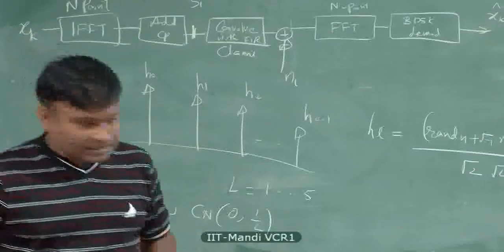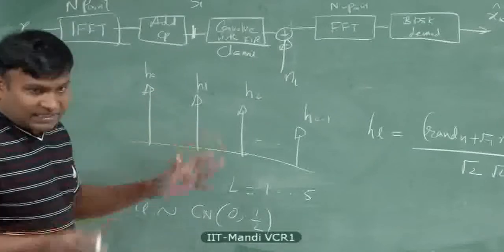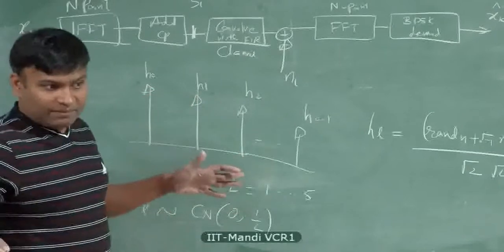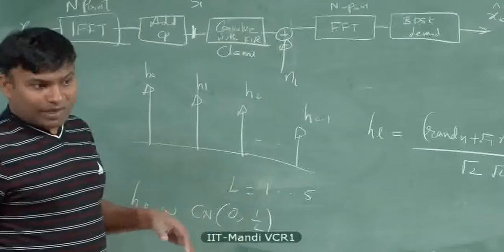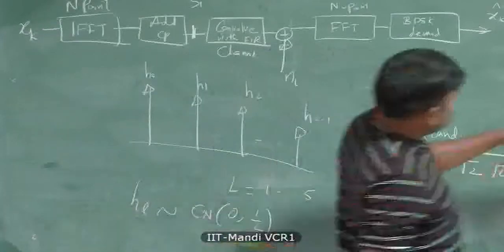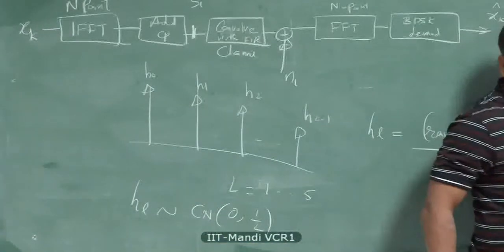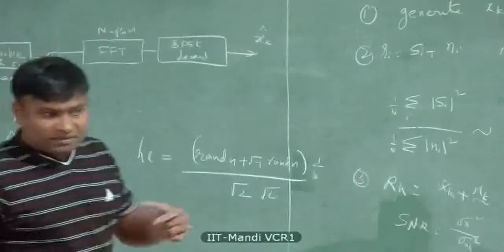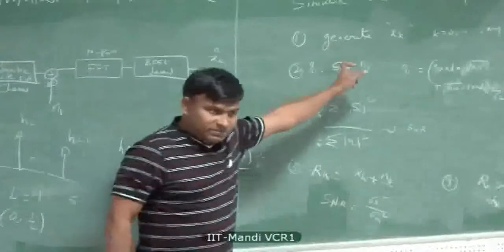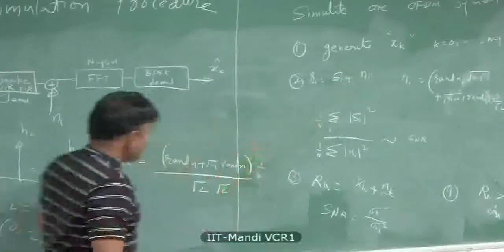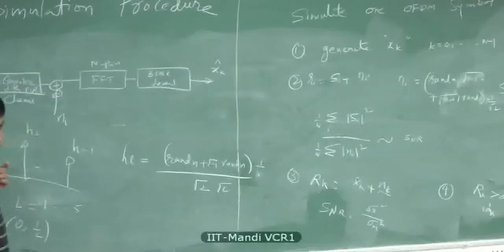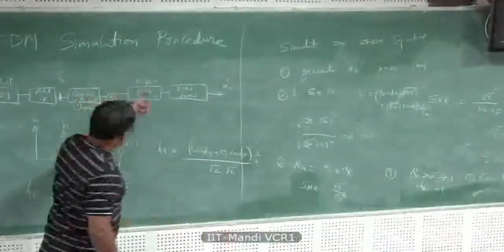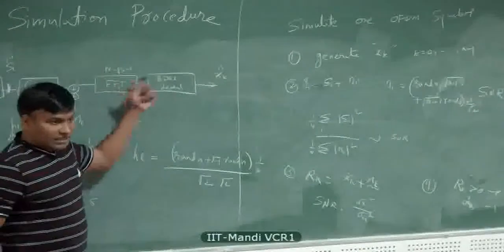So we don't want to do that. Let's not complicate it. We'll assume this is quasi-static. What is quasi-static? The channel takes a constant value for a block of time, and then it takes a new value from one block to the other. So you simulate a block of OFDM symbols and convolve all the OFDM symbols with this channel. To simplify matters, you just take one OFDM symbol and convolve that one OFDM symbol with one instance of the channel, right? And then go through add noise, go through the FFT, and then demodulate.